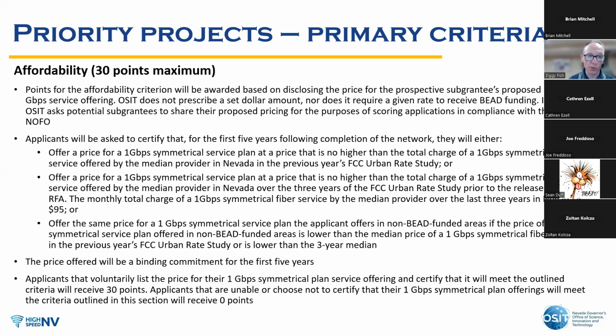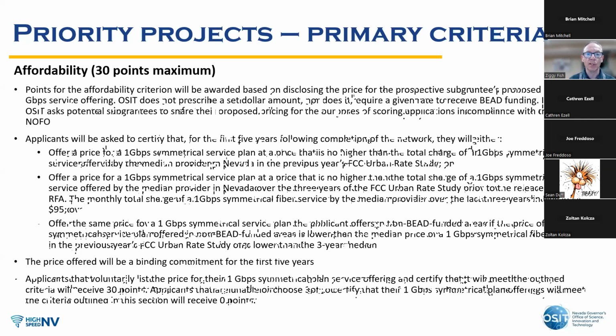You could choose not to, in which case you will not get the points, but you're not required to come up with the cheapest price possible. There are a number of different ways that you can get those 30 points. One is